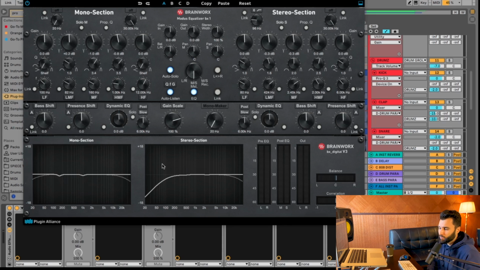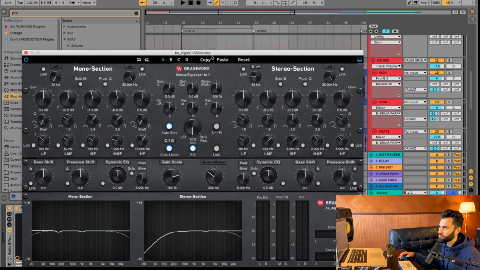I put it on my master channel almost always, and this has a lot of great features, including a mono maker, so I can actually set things up so that everything under 200 is mono, which sort of does the same thing as my filtering, but a little bit differently. And ultimately, I can go in and change everything up on each side, from the mid and the side channel, to create some differences and ultimately create a little bit more clarity. So definitely more of a surgical thing and a filtering thing rather than something that I'm using to enhance. If I want to enhance something, I'll rely on the Pultec. I'll rely on the Millenia. For the surgery, I'll rely on this.